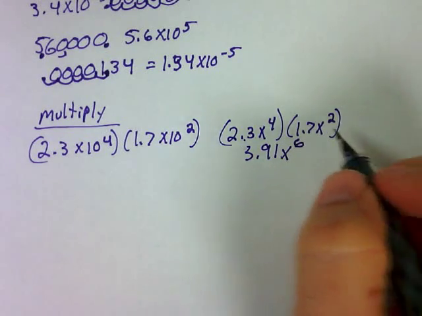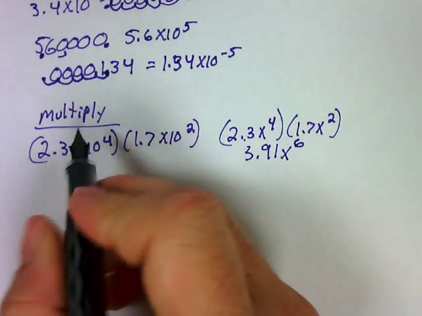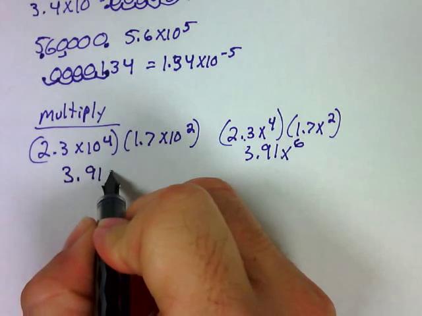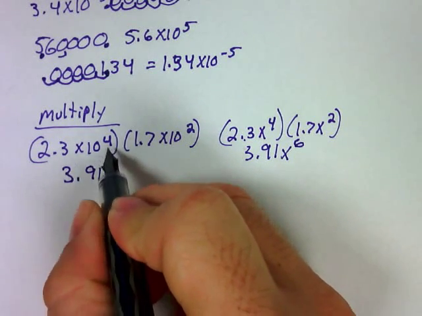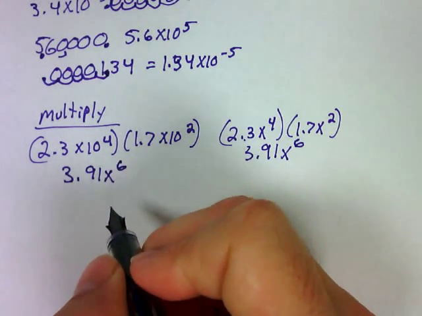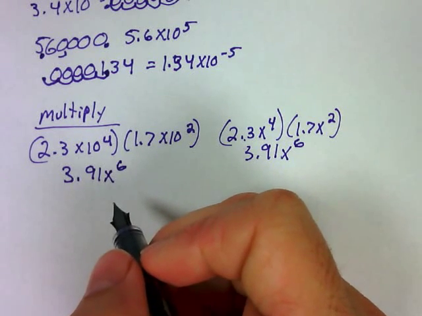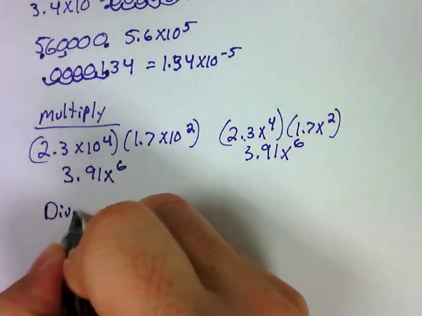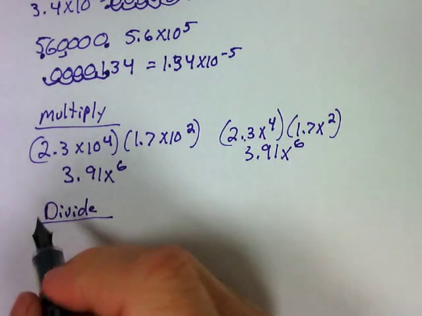Now coming back over to the scientific notation problem, it's the same thing. We're going to multiply 2.3 times 1.7, which again is 3.91, and the variable is going to stay the same, and we're going to end up with 4 plus 2 giving me 6. That's multiplying. Dividing is going to be the same principle, except you're going to be dividing the coefficients and subtracting